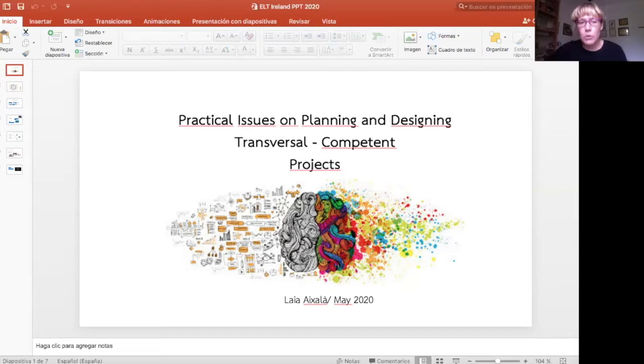So we decided to sit together, with all the teachers of the center, and try to find a way to work through transversal skills. We decided to put all the contents together per course in order to promote all these skills that you can see on screen. Project planning was essential. We realized that we spent a lot of time on our project planning. We spent around 2 months organizing all our projects and the content that we wanted to cover